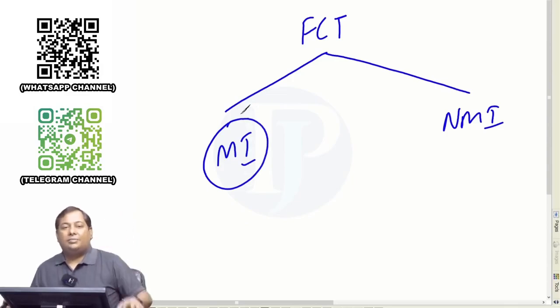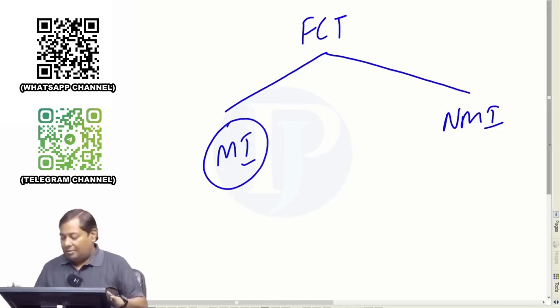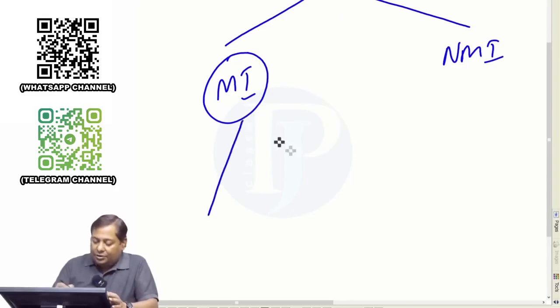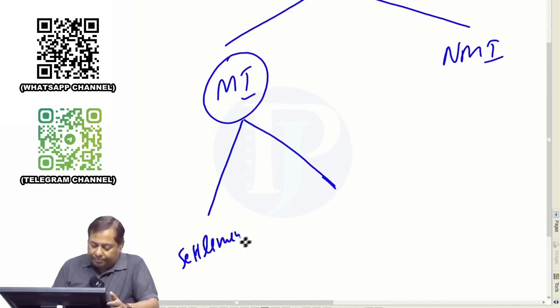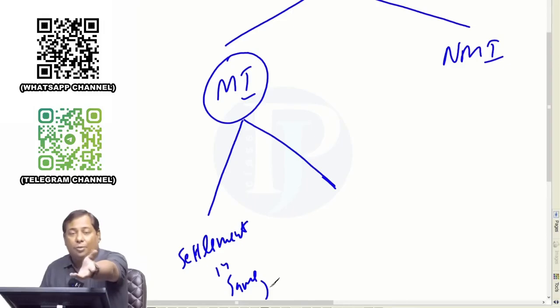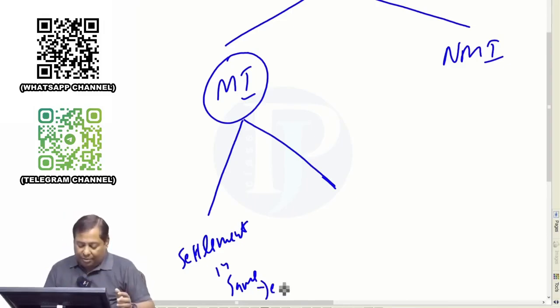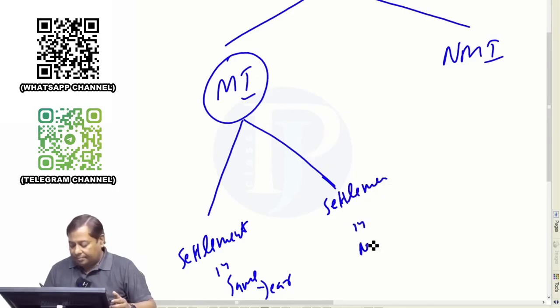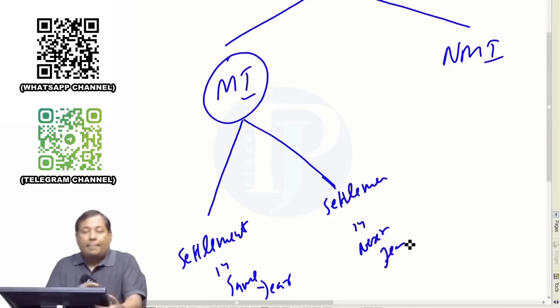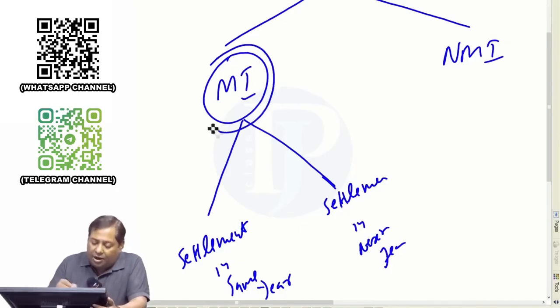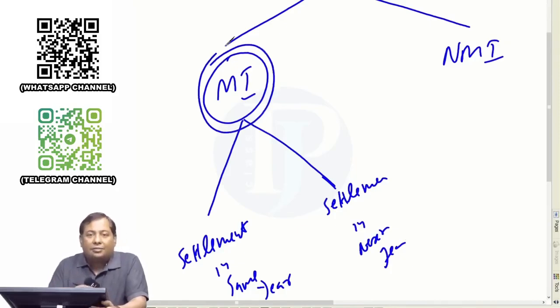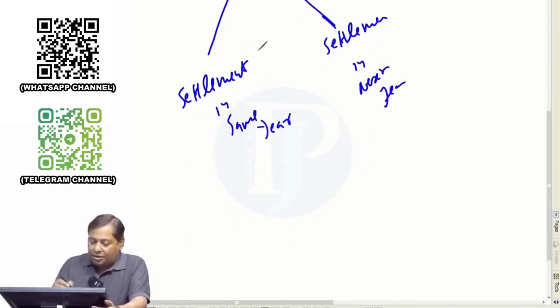Accounting for monetary items. Like discussed, it was divided in two parts. Settlement in the same year. You must remember. Please check it in your notebook. You will find it written in the same format as I am saying. Settlement in the next year. Now we have started the accounting for monetary items. In that we got two concepts, same year and next year. What was it? Same year means